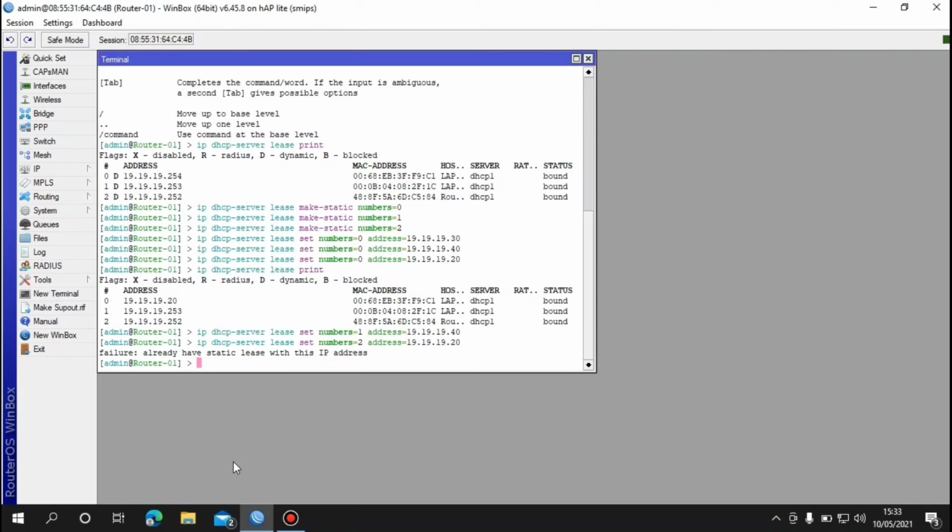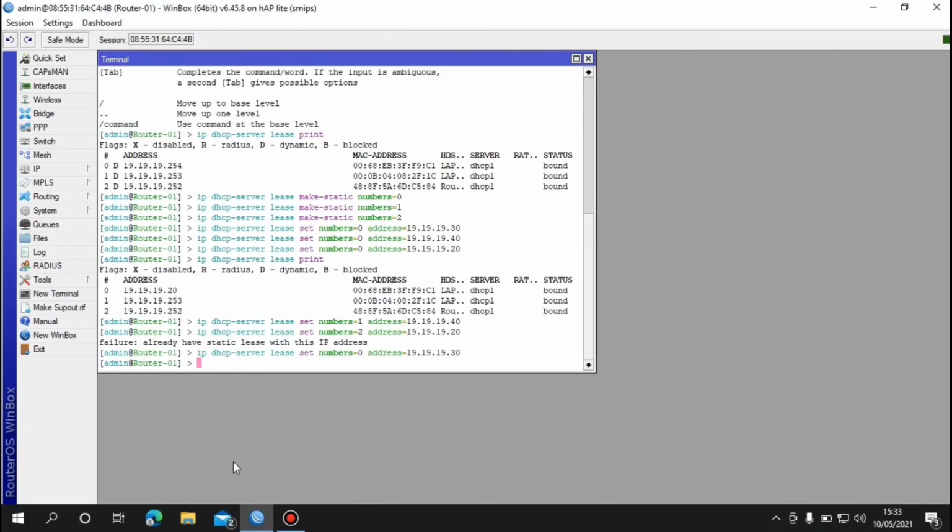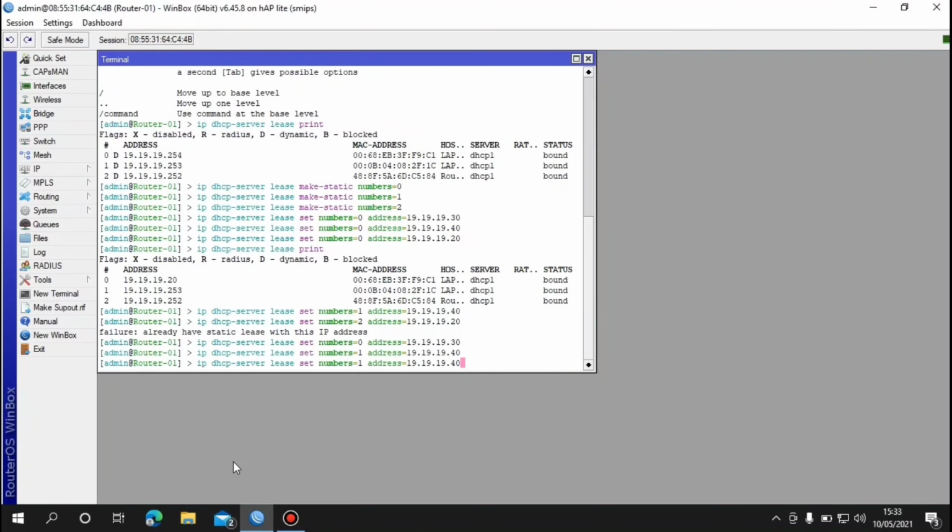We reconfigure, but the IP address is wrong. First to numbers 0, then to numbers 1, and then to numbers 2,